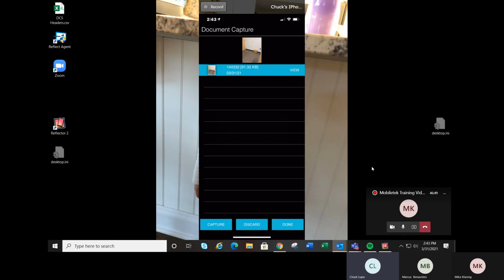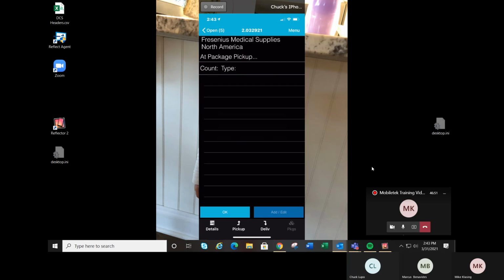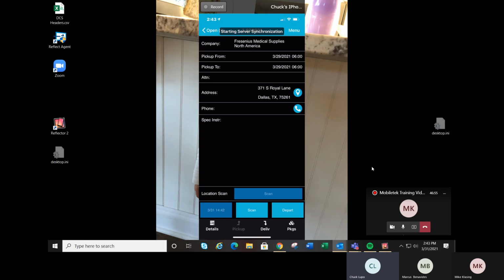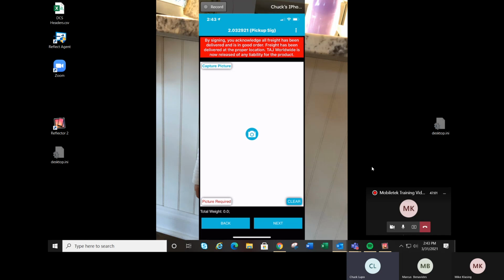So I'm going to hit done and yes. I'm going to hit OK on the bottom, which moves us to the next page. And at this point, we're going to hit the depart button on the bottom. Now, this is also going to take us to a VPOD screen where we're going to go ahead and capture a picture. So just to double up, you can hit the button again, take a picture of that package,